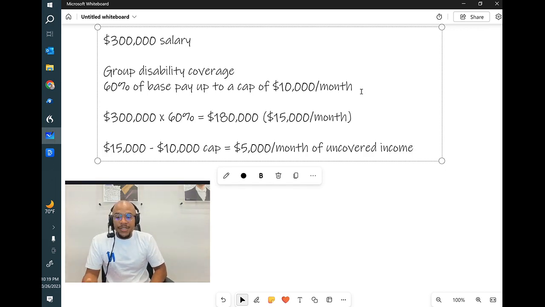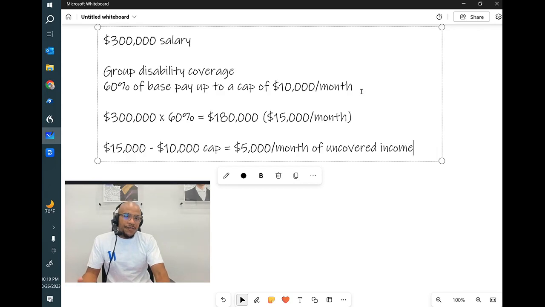We're going to cover disability insurance, and disability insurance is something that we haven't talked about a ton on the podcast, but the premise of disability insurance is it's paycheck protection. It makes sure that if something happens and you're ill or unable to work, there's a percentage of your income that's replaced by the insurance company that offers you the coverage.